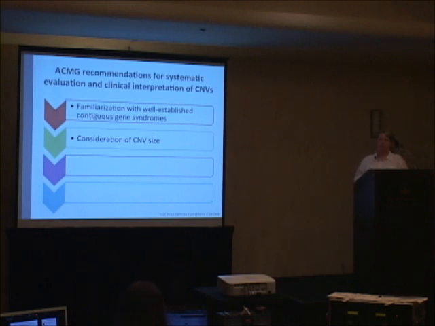And we had a very, very short, maybe a couple of sentences about this. Certainly size has a correlation with likelihood of pathogenicity, because the bigger the CNV, the more genes, and the more genes, the more likely that you've tapped into one that has copy number sensitivity. But a single base pair in the genome can be lethal when deleted, and a 4 to 10 megabase duplication can be completely benign. So size should be taken with a grain of salt, and you should certainly be more interested in what genes are present.